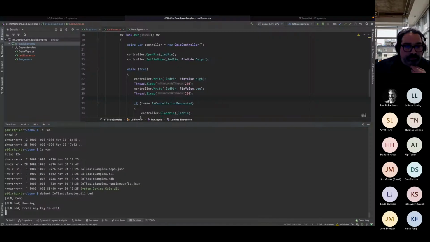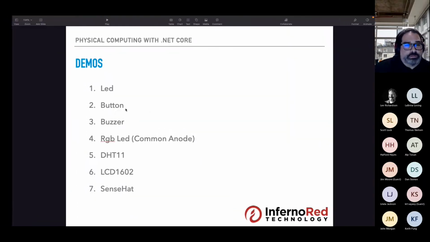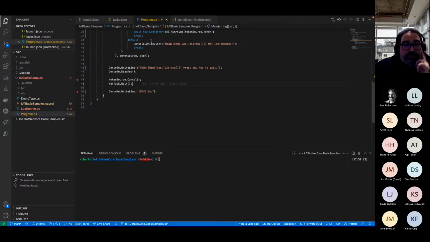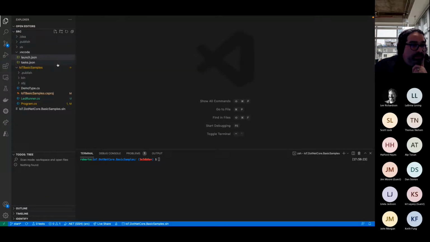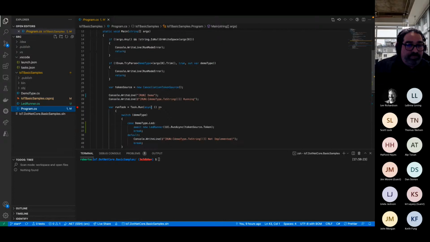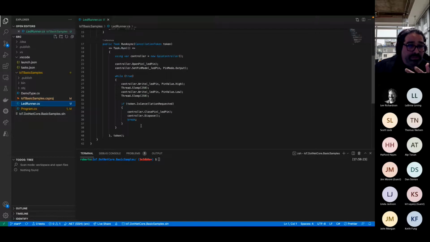I did promise one additional thing, right? I promised to show you guys how to do this in a non-manual way, even though the manual way works just fine. But here we are. So this is the same project. Let me just double check that everything I did on that side is here. Here we have the same program I was writing. So this is the same thing. New LED, port 18, RunAsync. LED runner. So the LED runner is doing exactly the same thing.